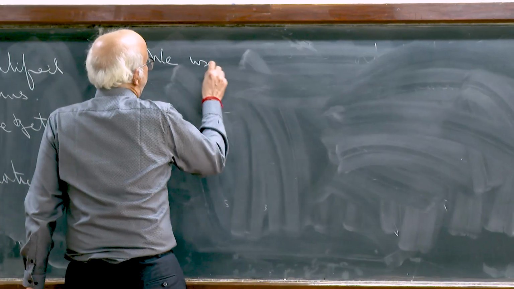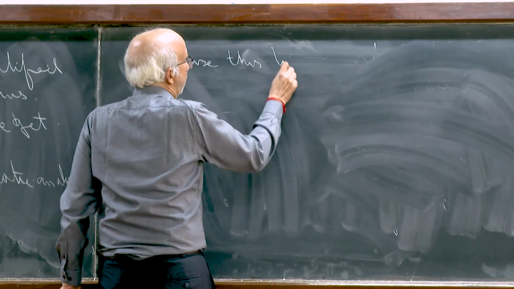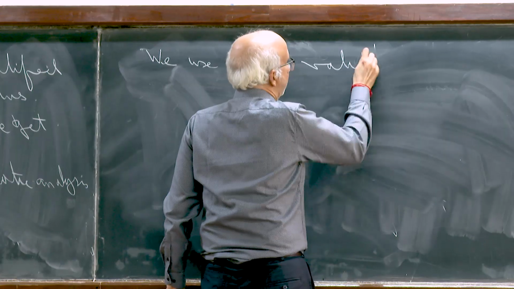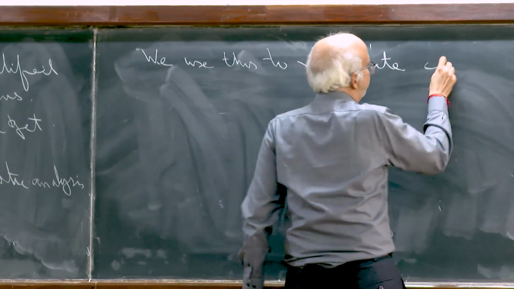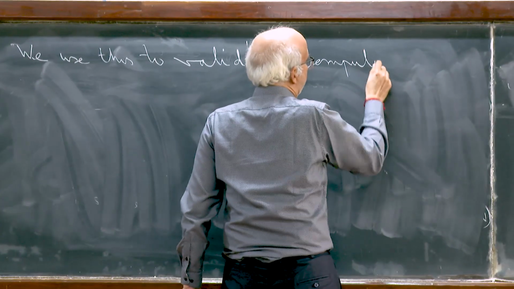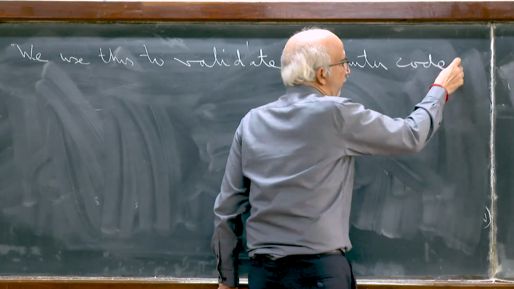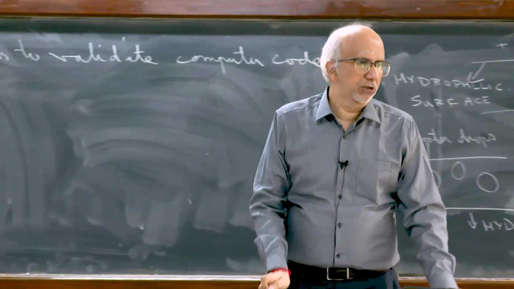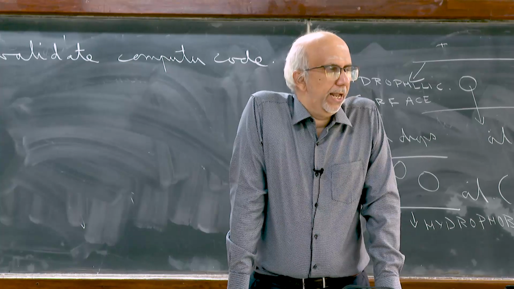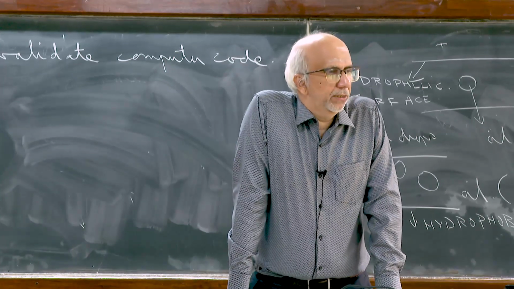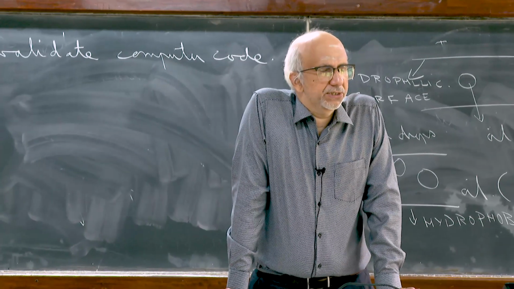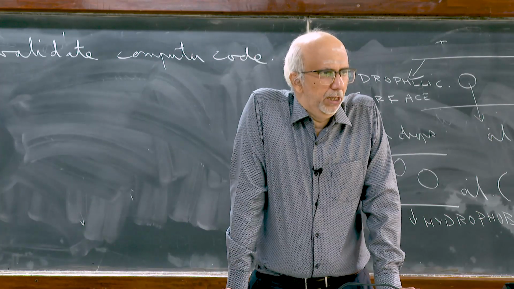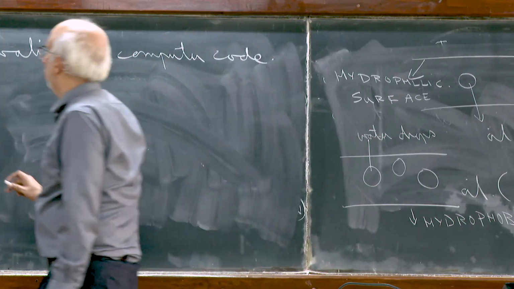We use this to validate computer code. The computer code can be for any Reynolds number, and once I validate, I say consistency between both the analytical method and the computer code, then I can use the computer code